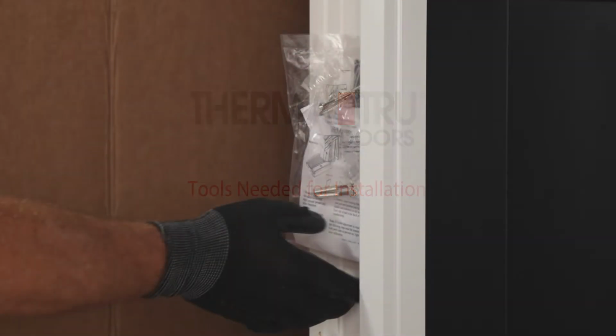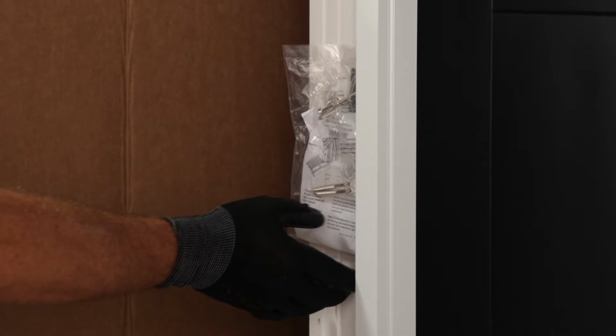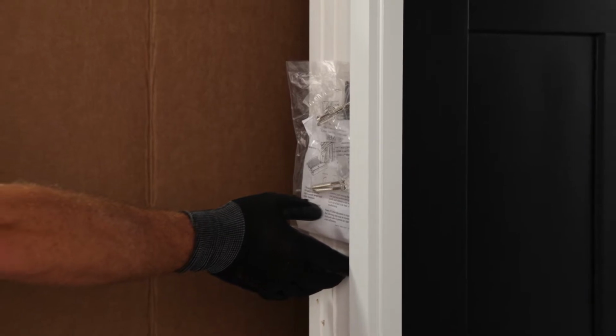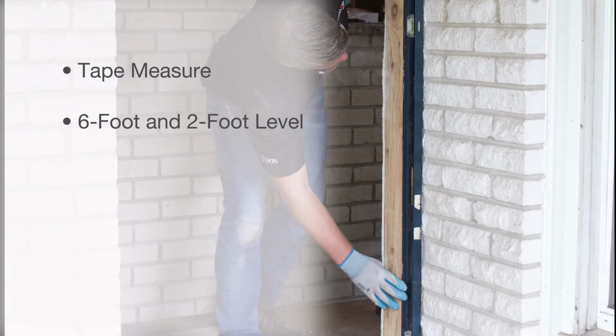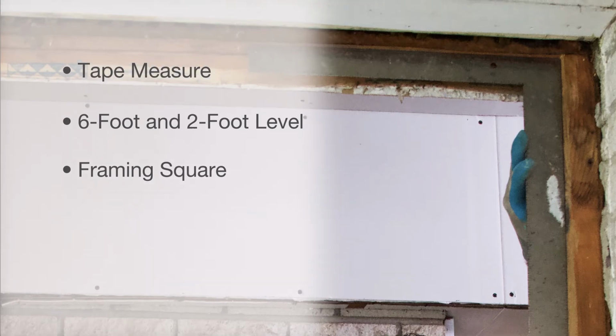Like any project, it's important to make sure you have the necessary supplies and tools before you start. Therma-Tru doors are shipped with a plastic bag that contains the parts required for installation stapled to a jamb leg. But you'll also need the following tools: a tape measure, a 6-foot level and 2-foot level, a framing square, at